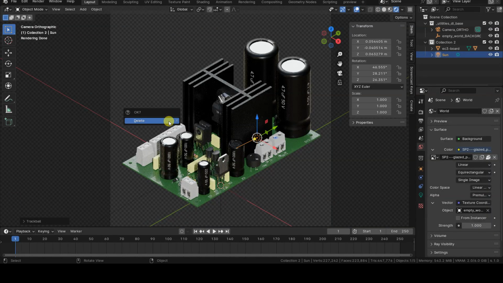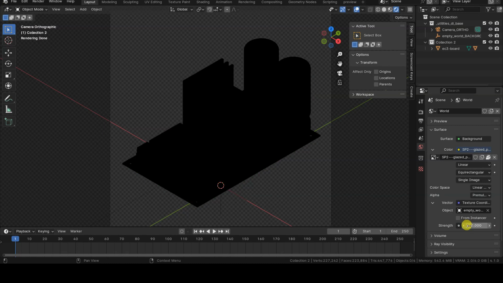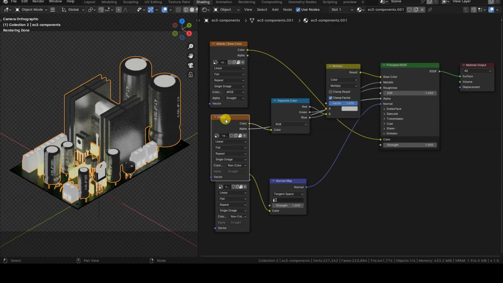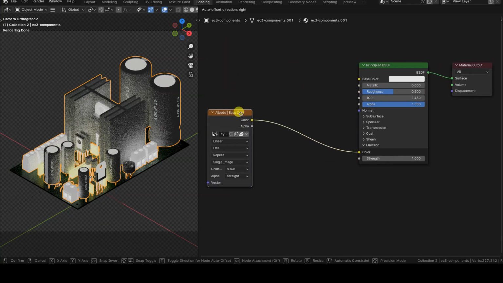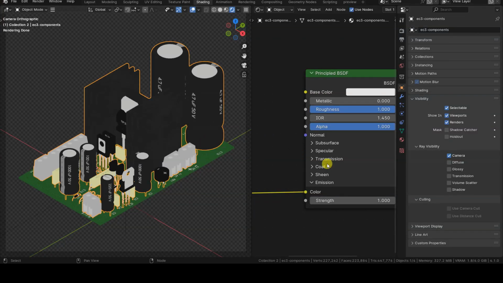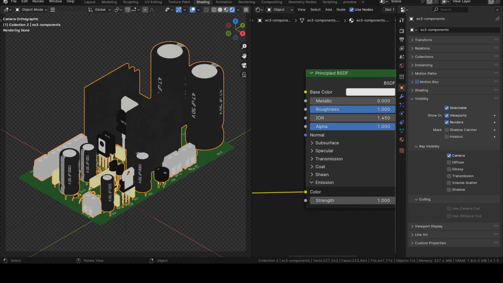The tutorial will follow this outline. We will disable the existing lighting in the scene. We will make an initial editing of the default inputs of the principled node. We will disable some ray visibility options to eliminate color bleeding and other unwanted shading effects.